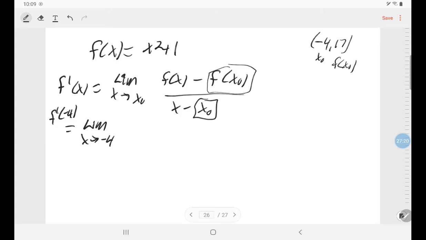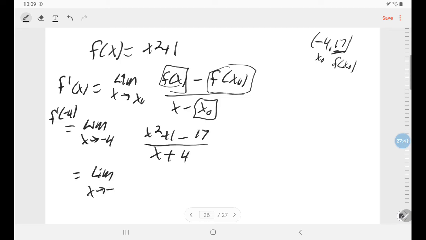So f of x is going to be x squared plus 1 minus our y term for x initial, 17, over x minus -4, which is plus 4,